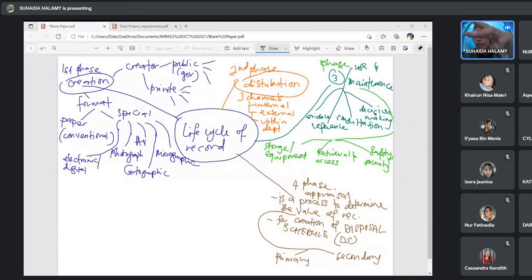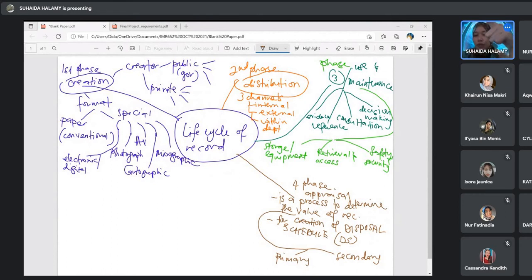And then for the secondary, we have 4. There are many, as Kamarul said, but we only highlight 4 in the study. Number 1, historical value.